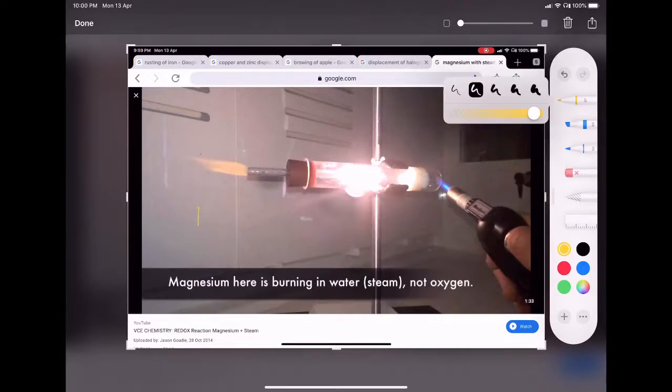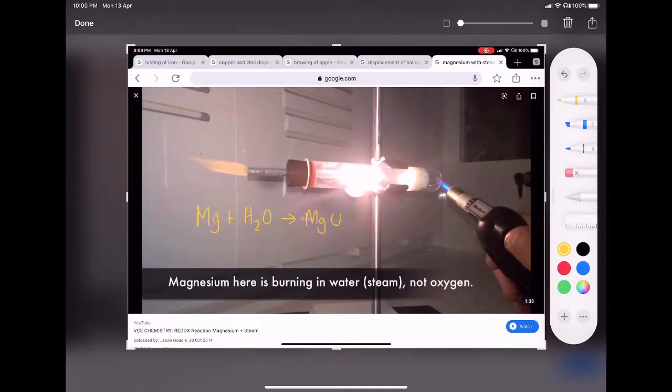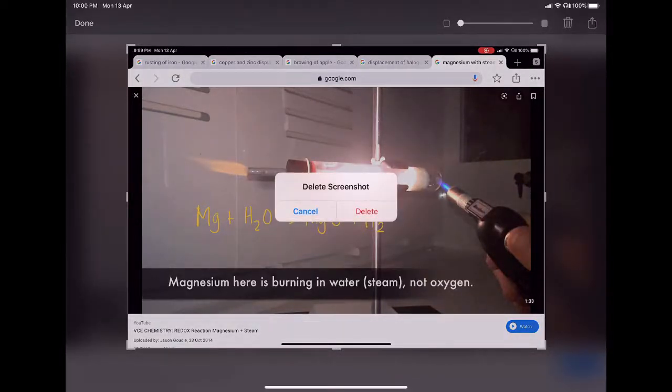So if you still remember, let's make this a little bit bigger. If you still remember, magnesium reacts with steam, that gives you magnesium oxide and hydrogen gas. Now here, a redox reaction occurs between the reaction of magnesium and steam, which is H2O in this case. We will find out more as we slowly move into the chapter, to learn more about how this equation helps us to see the presence of oxidation and reduction occurring in the reaction itself. So let's get back